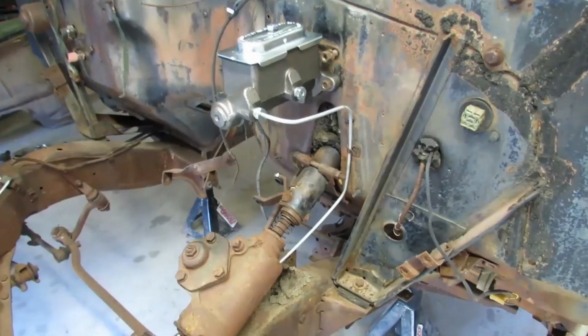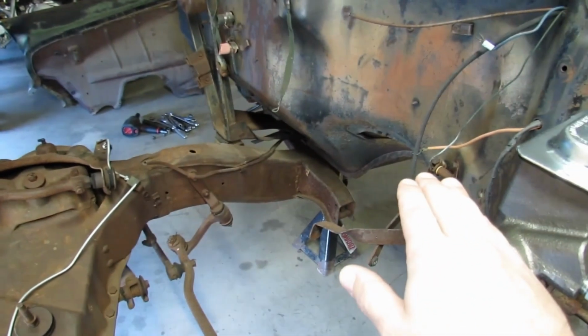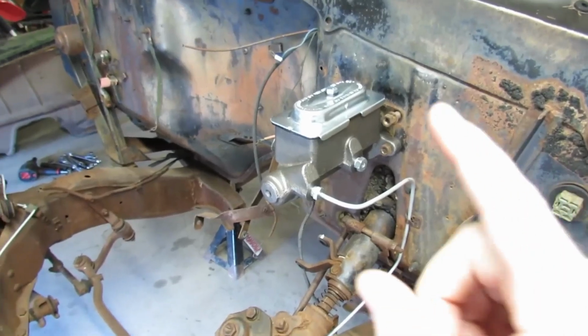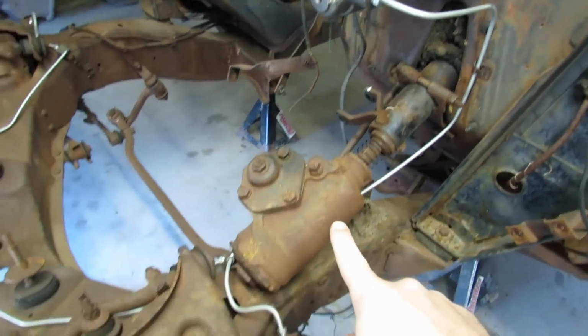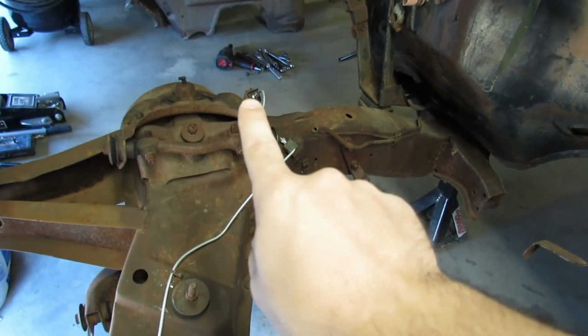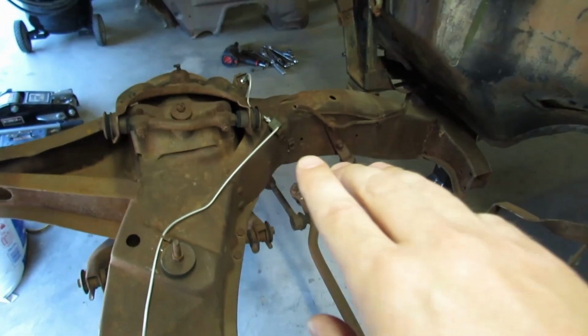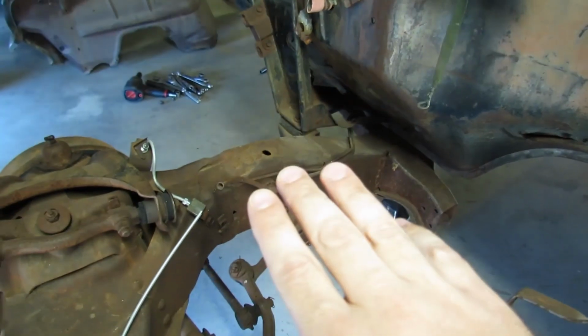But how do we want to do it? That's the question. If we don't think it through, we screw it up and we run out of line, we're going to have to finish this on another day, and I'm going to have to spend more of me pennies. I naturally want to run it down the driver's side, but the factory ran it down the passenger side. But they did that because the factory single circuit master cylinder only had one line coming off of it, and they had to make a loop over to the passenger side to get to the right front brake anyways. So you might as well run the brake line to the rear in the same